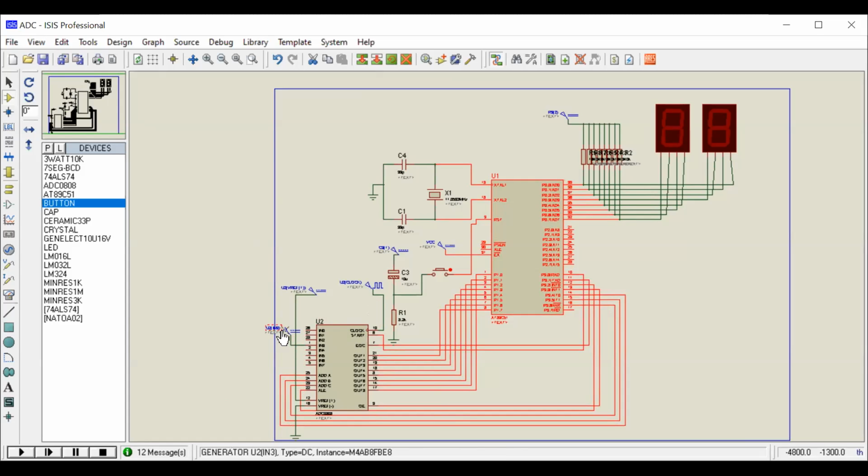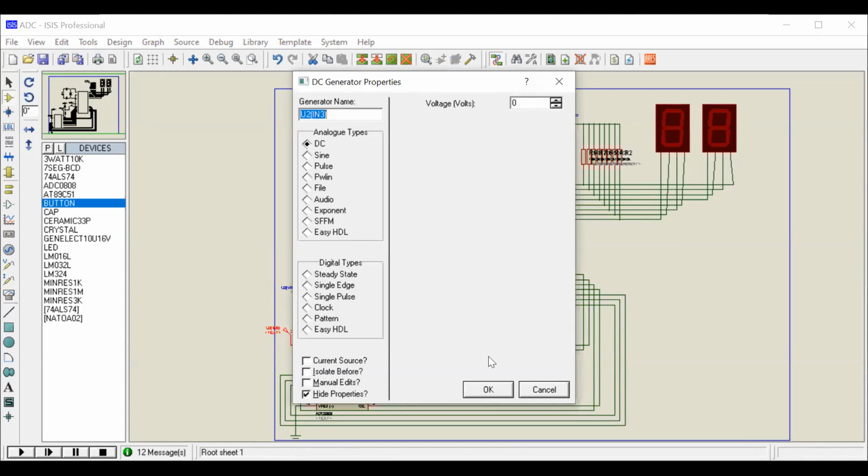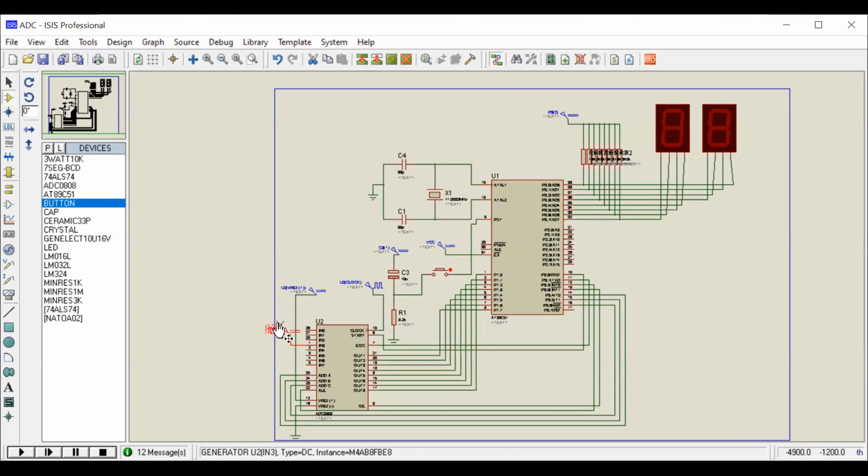Before simulation, the input voltage is 0 volts. For analog input 0, it is converted and the output also becomes 0. We expected 00H. Here the left side and the lower 4 bits are also 0. You can expect 00. So play, and we got 00.